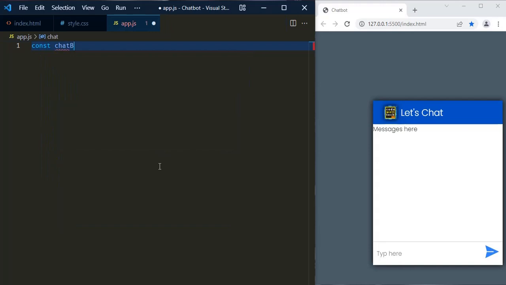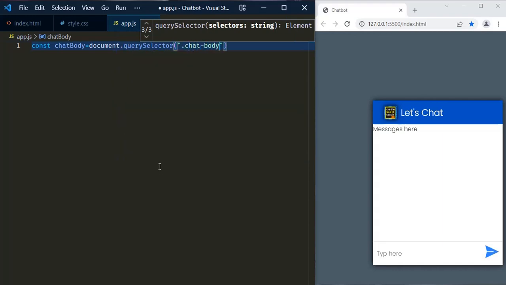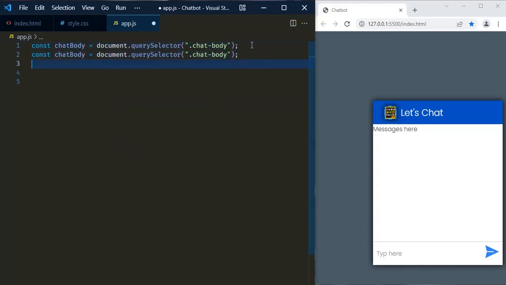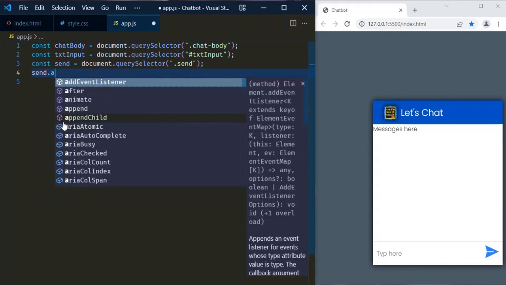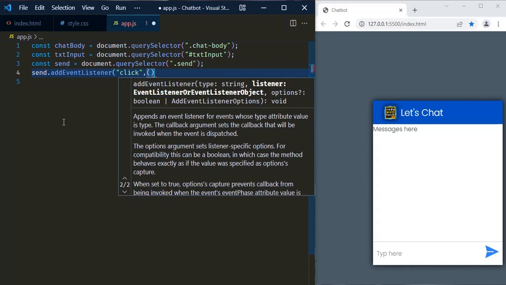So const chat body equal to document.querySelector, and let's take chat hyphen body. Let's copy and paste it, text input hash text input. So because we have given id, and this should be send, and this should be send CSS class. So now we need to listen to the click event of this send image, right? So send dot add event listener, and let's have the click, and we should have the callback function, and here